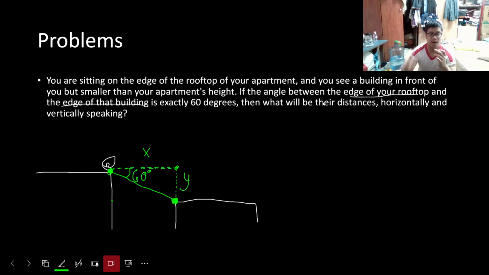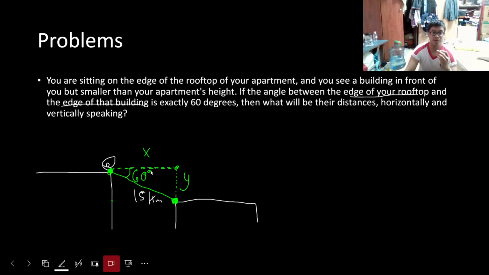But actually, wait, I forgot. There is supposed to be a given here. Sorry, guys. The given here is 15 kilometers. Forgive me, guys. I forgot to put the given here that the distance from this tip up to this tip is 15 kilometers. I'm sorry, guys. All right? So now